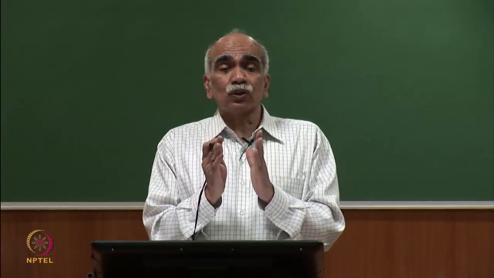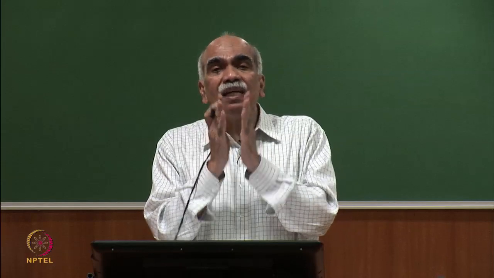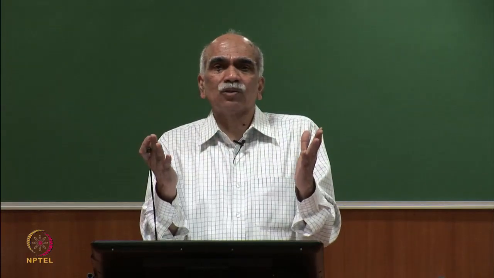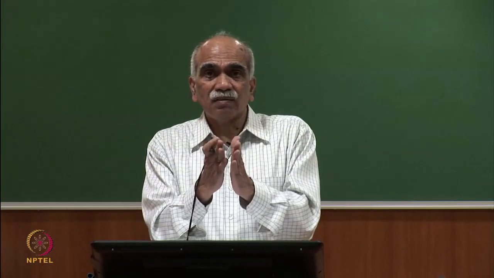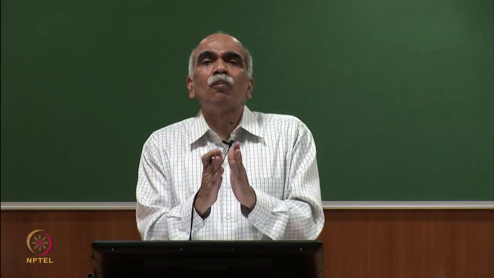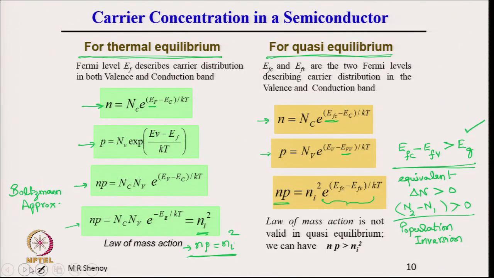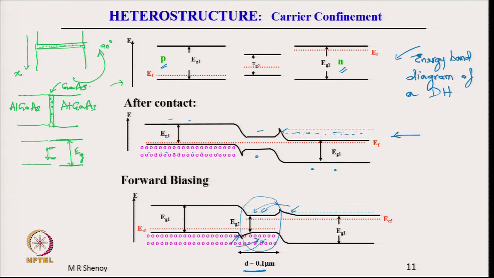Now, we have made a double heterostructure where we have sandwiched a very thin layer of semiconductor between two other materials of higher band gap. We had decided the thickness to be 0.1 micrometer, and therefore, the carriers are confined to a very small volume, and this leads to extremely high carrier density, that is number of carriers per unit volume. For the same current, we will see in the theory it can be shown that the gain in the medium is proportional to the carrier density in the medium, and therefore,